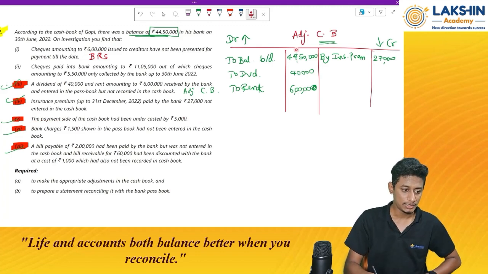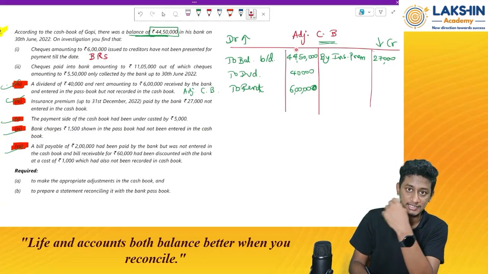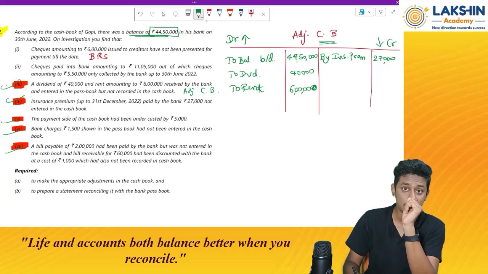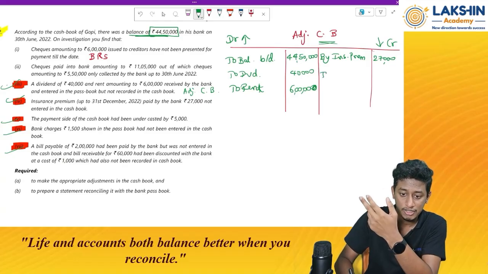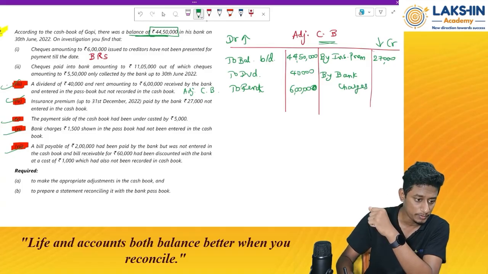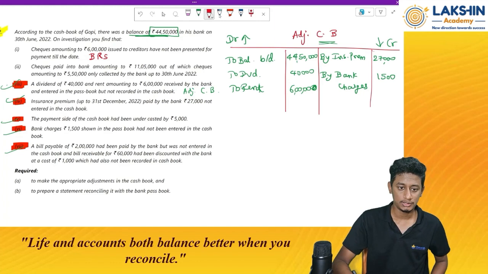That's right. Then bank charges rupees 1,500 shown in the passbook, not entered in the cash book. So bank has deducted some bank charges which was not entered in the cash book, right? So now what should I do to make it proper? I should make an entry then. So where should I make the entry? In the credit side. Why? Because it's the bank charges that is being reduced, right? So bank charges, how much rupees? 1,500. Done. Then